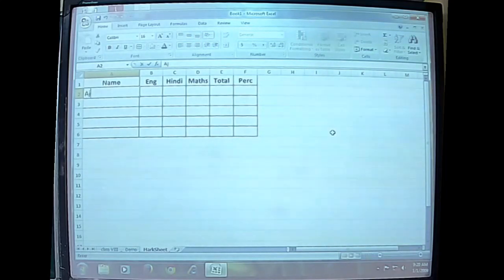We'll select some random names. Yes, a few names are given, and now we are going to have the marks for the various subjects. Let us assume that the marks are out of 100.